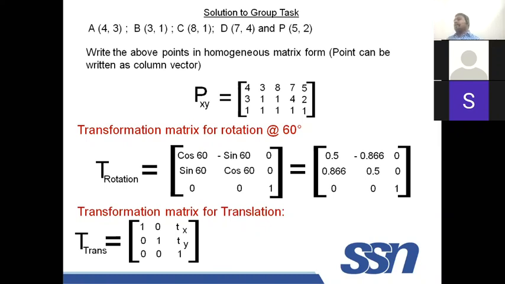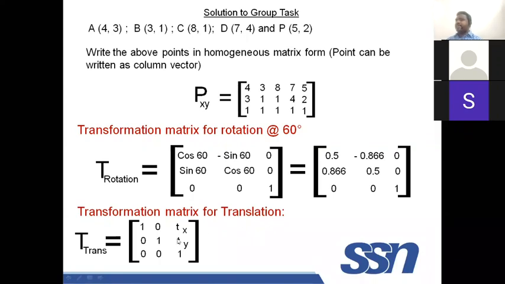Please watch session 3. It is already explained how we obtain this rotation matrix. You just go through it, then you will know it. This is a standard expression. If rotation is done with respect to origin in the anti-clockwise direction, it takes this value. If it is with respect to origin in the clockwise direction, you have to put minus 60 here. That is the difference. It is a standard expression.